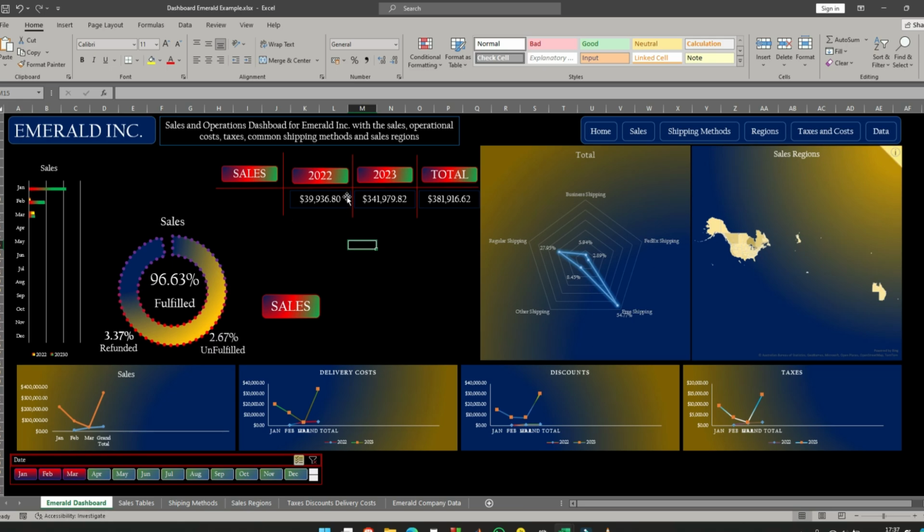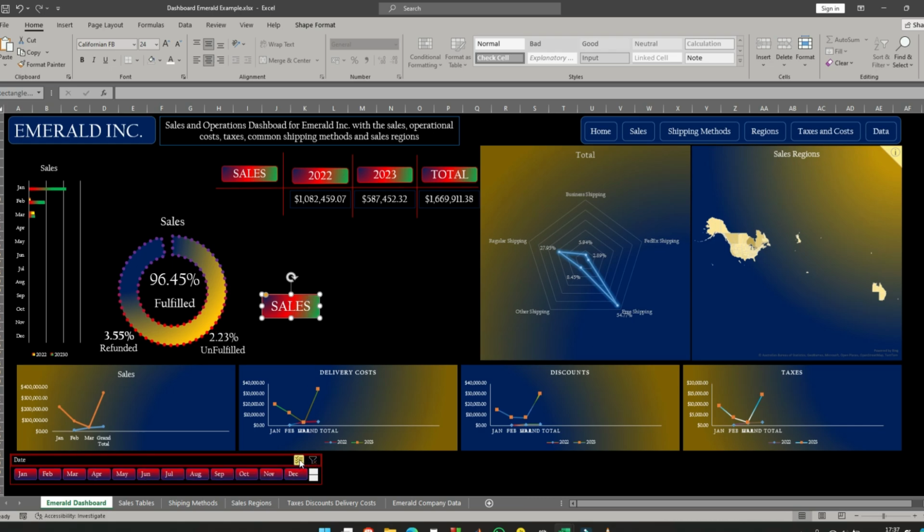So the first quarter in 2022 we made sales of 39,000, but in the first quarter of 2023 we made sales of 341,000. That shows that there's an improvement in the company. So that is nice. So next we're going to see the taxes and other things that we want to see